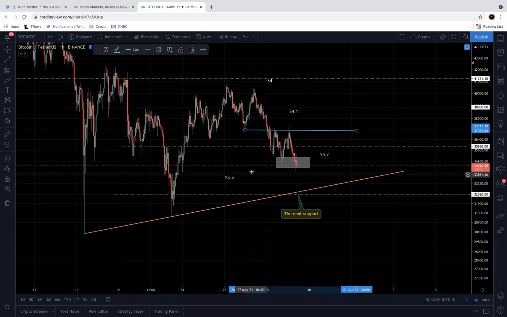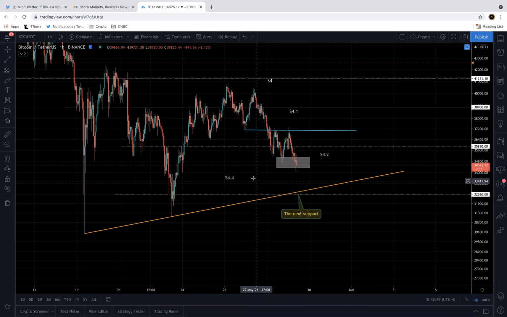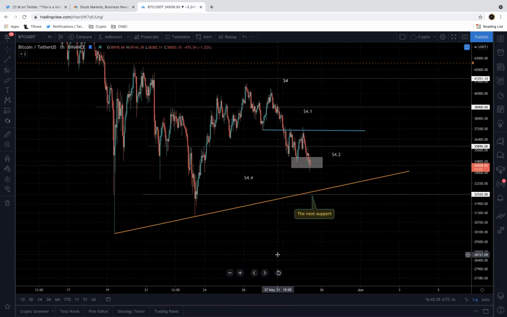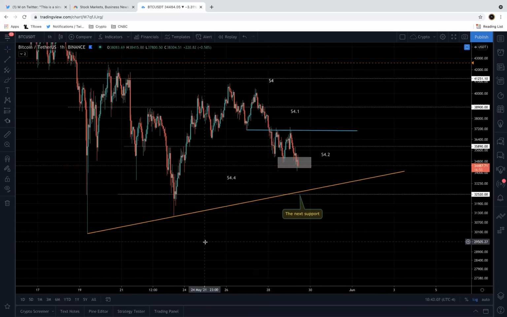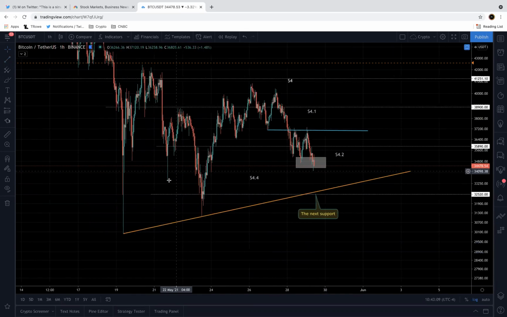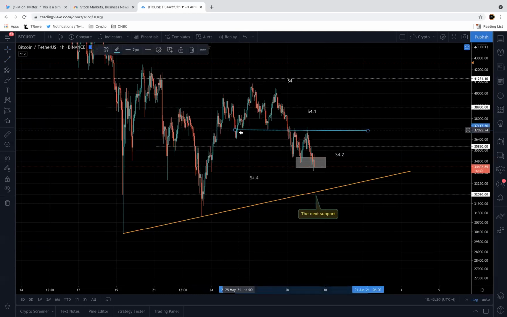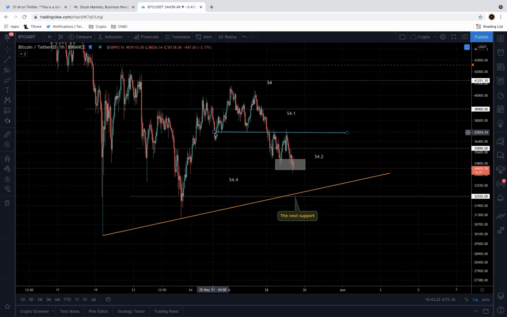When it is under consolidation, from a TA point of view, there are multiple resistances that one could expect. That's why it's tricky sometimes. So I try not to go at a very low level, because the supports are so close by. For example, this can be support, this can be support, this can be support, and so on. Similarly, point of rejection also, you see this line. If I draw it, you can align with this one